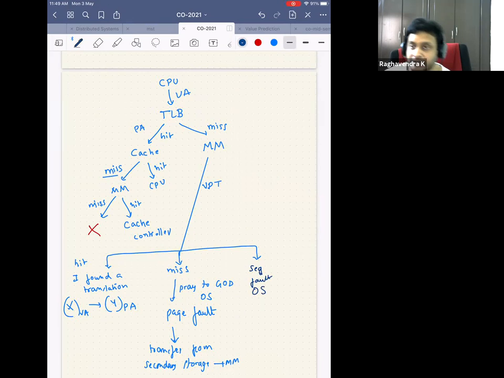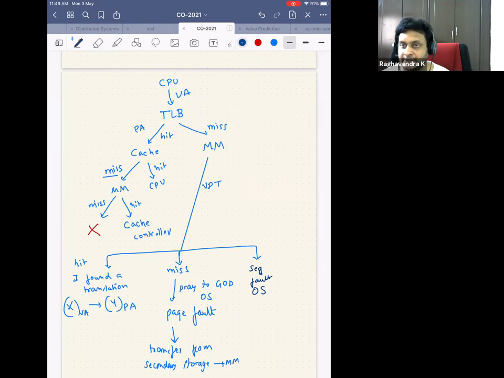And who produces the segment fault? I generally ask this question. Who produces? People say the process. No, the process doesn't know anything about it. You have written the code to generate some address which is junk. The process doesn't know that it's accessing a junk address. So the process cannot know that it has to kill itself. Nobody kills themselves. So it has to be killed by the operating system.